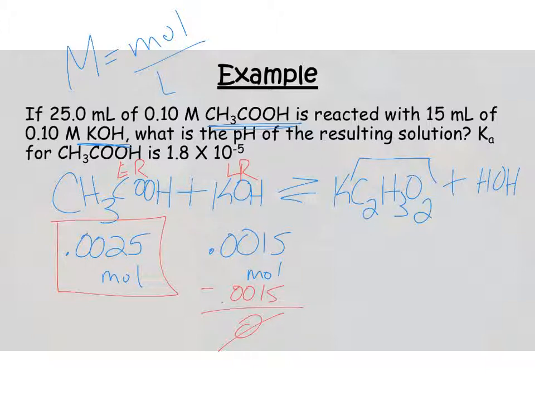Now, because this is a weak acid that has a Ka value, I do not have enough knowledge at this point in time to be able to do this one. So weak acid with a strong base, and this is with excess of the acid. In other words,